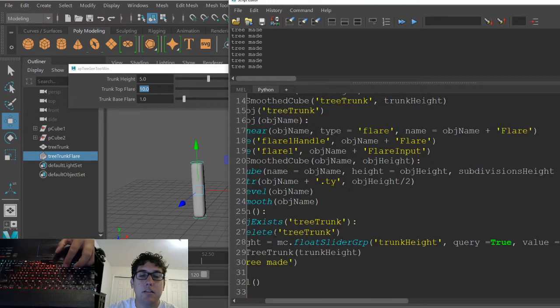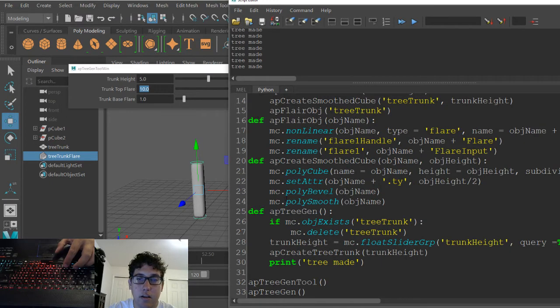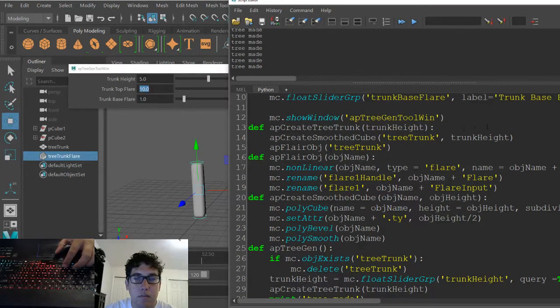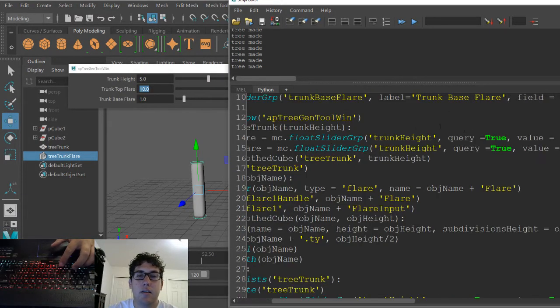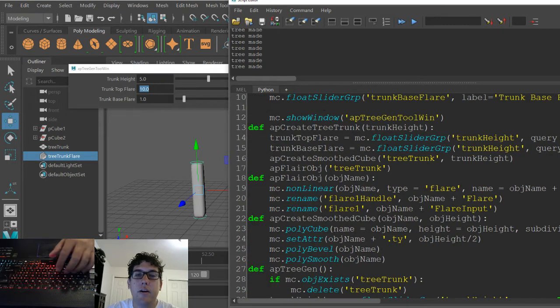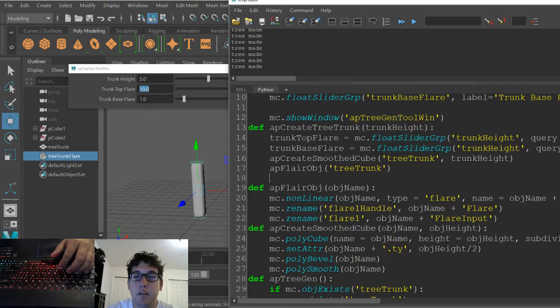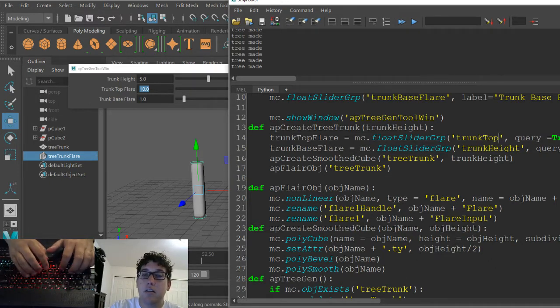I'm going to call it inside of the tree trunk. We'll need the height for other things, but we don't necessarily need the flare for anything else other than the tree trunk, so I'm going to call it in here. So I need to make sure that I'm calling the right things. Top flare and base flare,